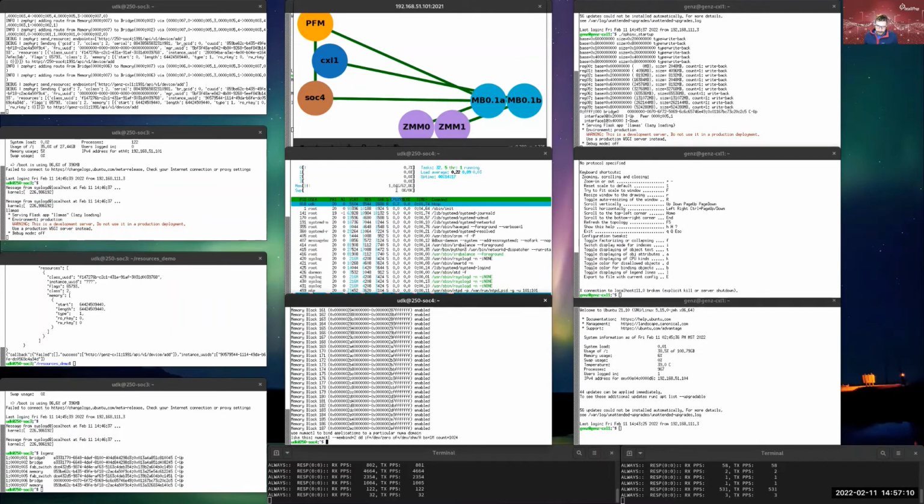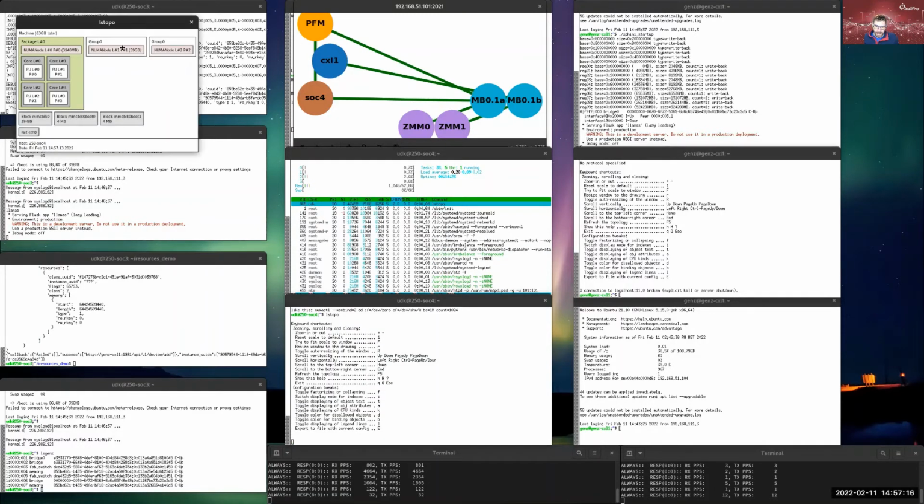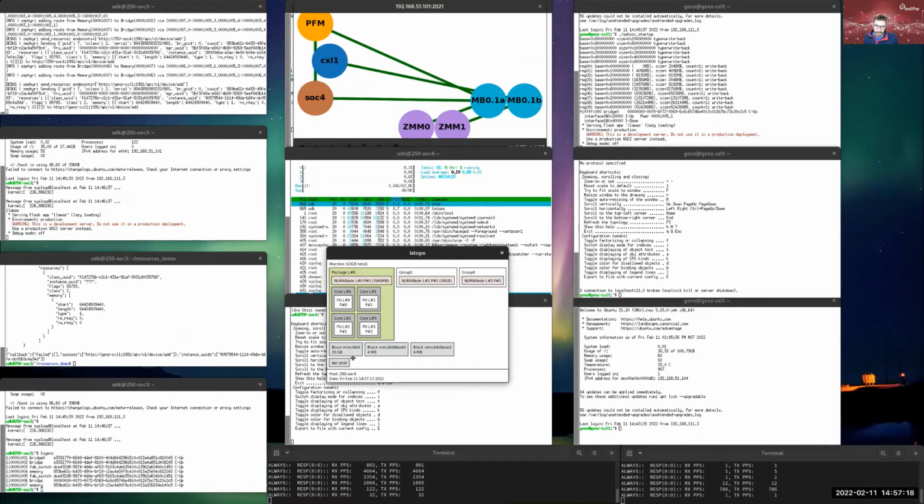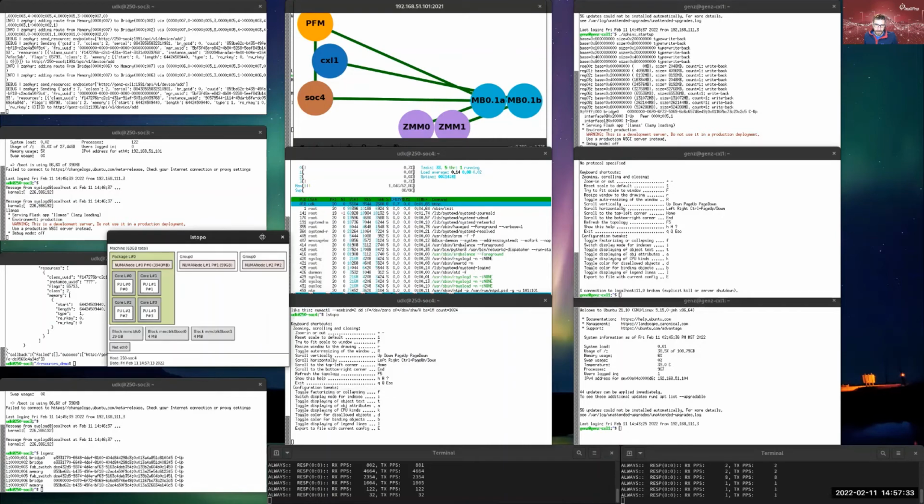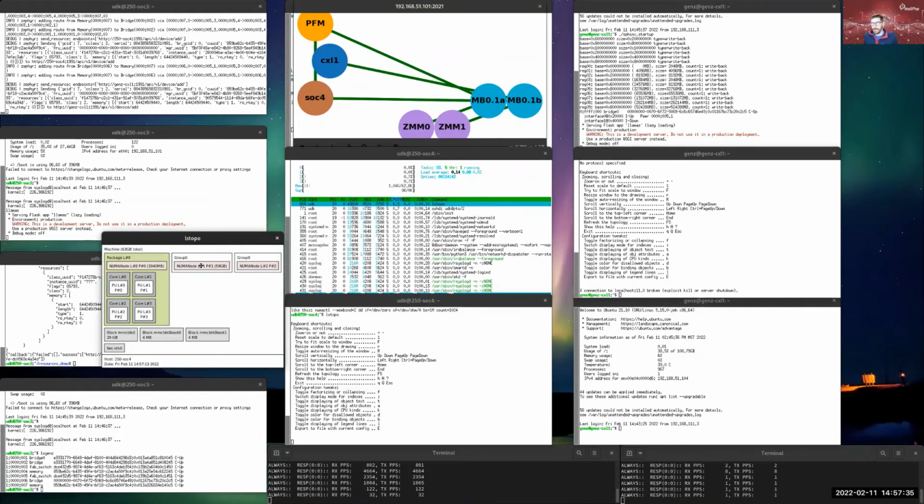Now if I run lstopo again, you can see that that DAX device is gone since we've unbound the DAX driver. And in group 0 of NUMA node 1, we can now see a 59 gigabyte chunk of memory. So this NUMA node, we can target applications to run in this NUMA node. We can make applications run outside of that NUMA node, or we can let the kernel choose where to run